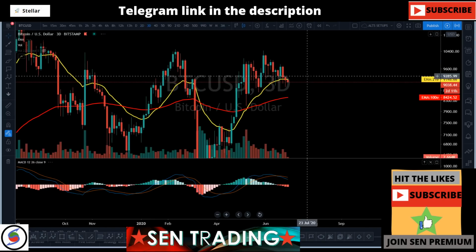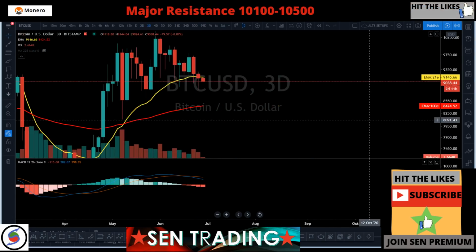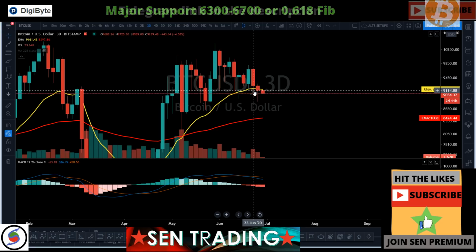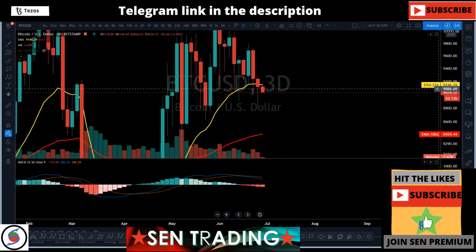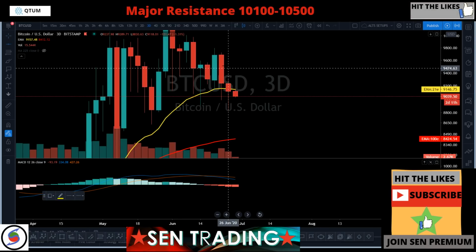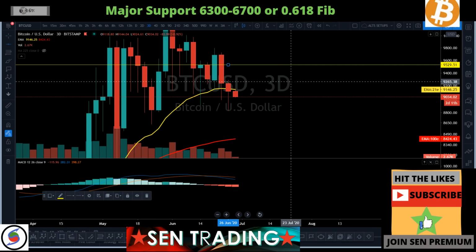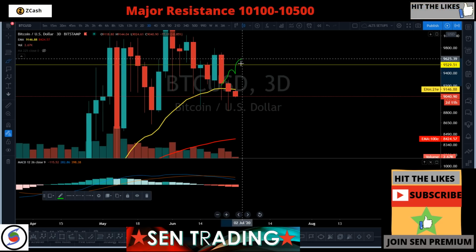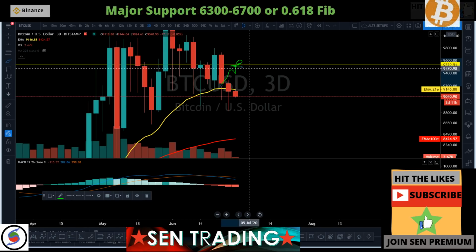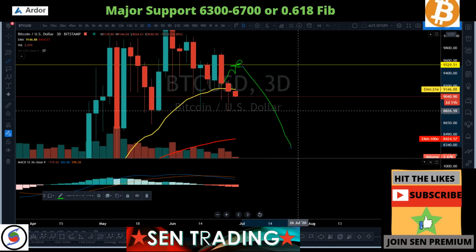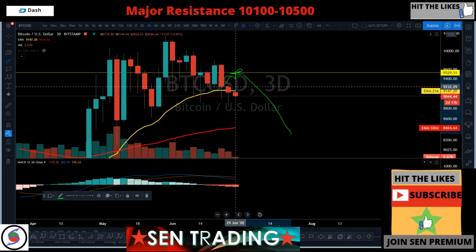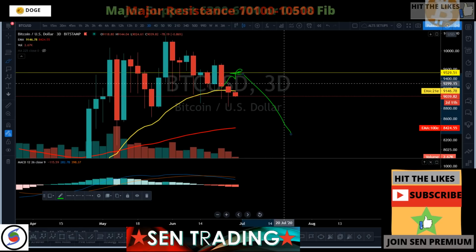The 3-day chart is also very important. The last few days I was updating my premium group, and I was saying we need to keep an eye on this level, because I was looking for a long, to go back up to 50% of this candle. But as you can see, right now you cannot trust the bulls, because they are very weak in this range. Even though the candle was engulfing, I was still trying to give the bulls some chance, a push back up to just about the 94 to 9500 range before they capitulate, let go of the price, and then the bears capitulate the price. But the bulls couldn't give us any push to the upside.